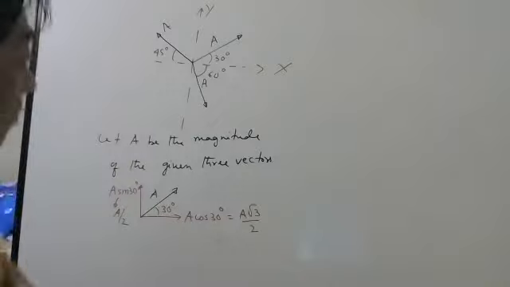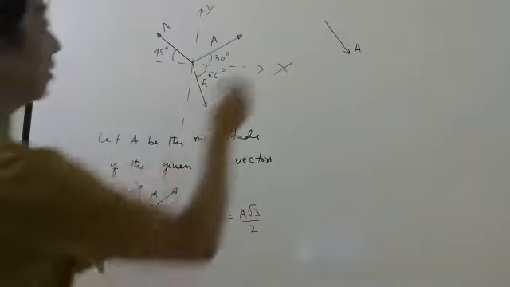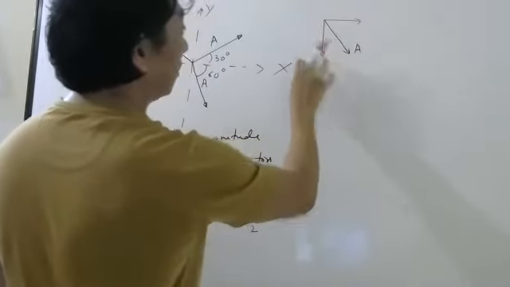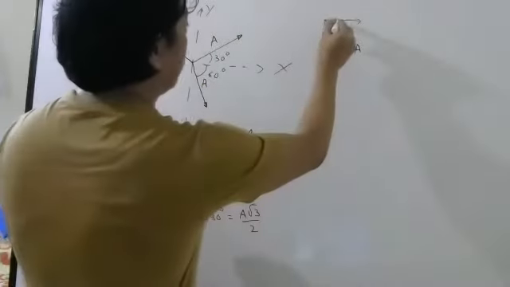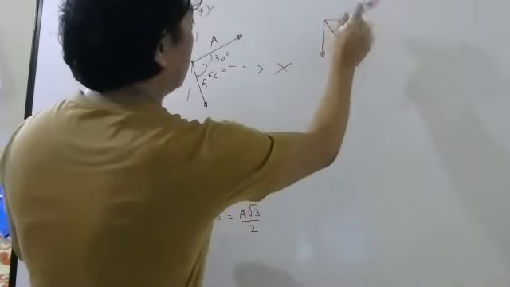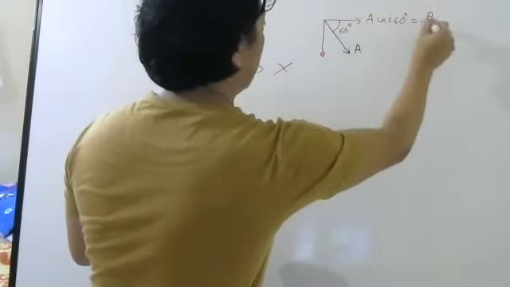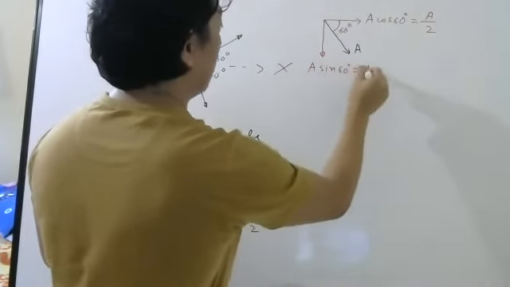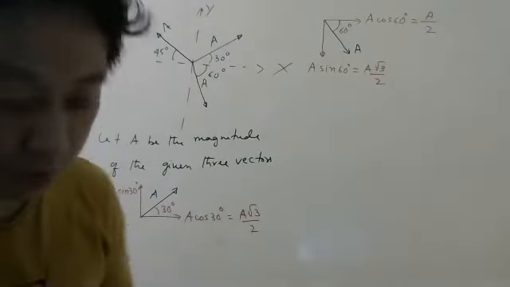Now let us see the second vector, this one. For the angle, you have to be very careful. That vector will also have two components, one here, one here. Oh, this is down. Be careful. Now, which angle is this? It is 60 here. So this is 60. So this is your adjacent, A cos 60. A cos 60 means A by 2. And this will be A sin 60. That will be A root 3 by 2. Cos 60 is half, sin 60 is root 3 by 2.